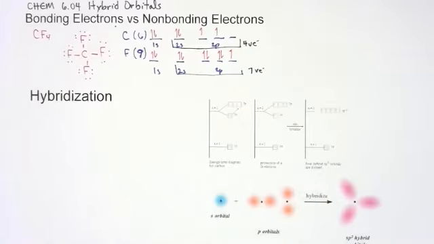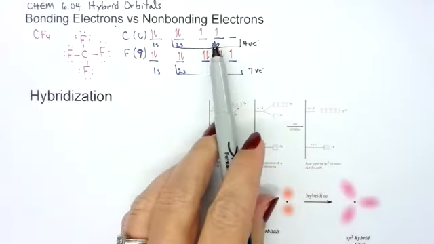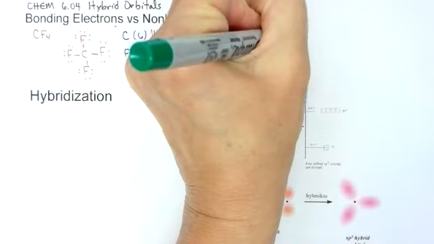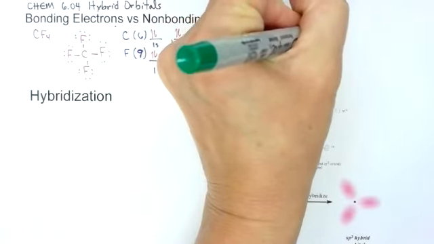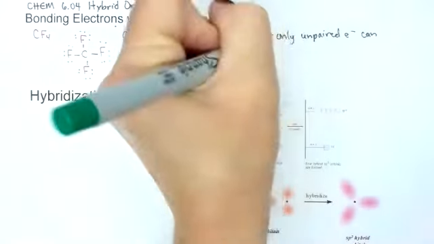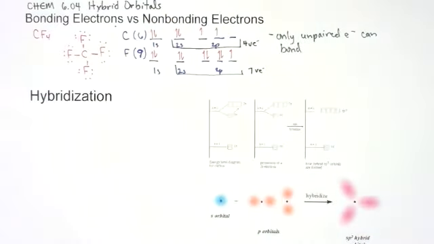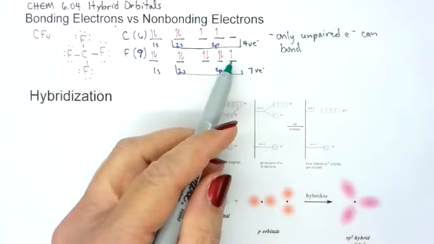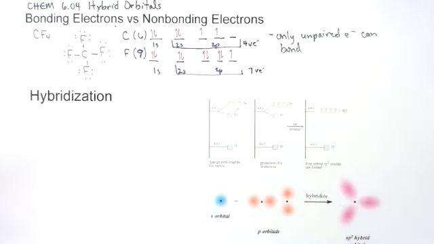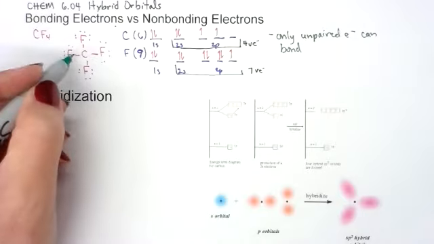Well, it turns out that the rule for bonding is, let's write this down, only unpaired electrons can bond. Well, for fluorine, that's okay, because here I have 1 unpaired electron and I'm forming 1 bond. But we've got a problem with carbon. Check out carbon's bonds. I've got 1,